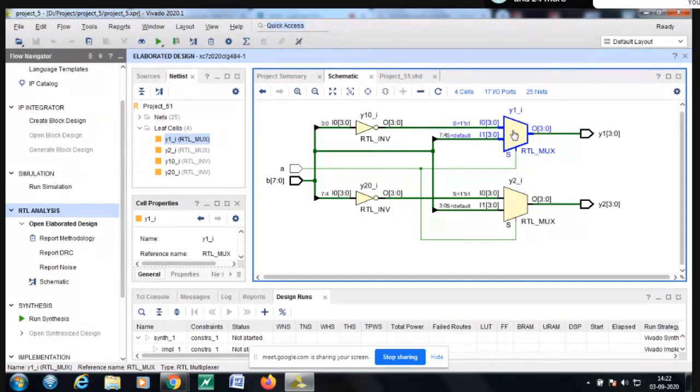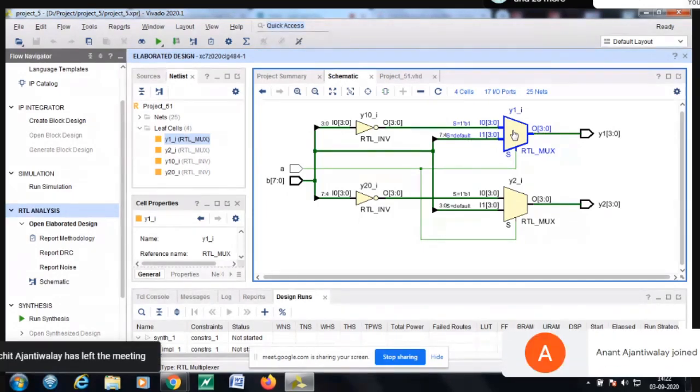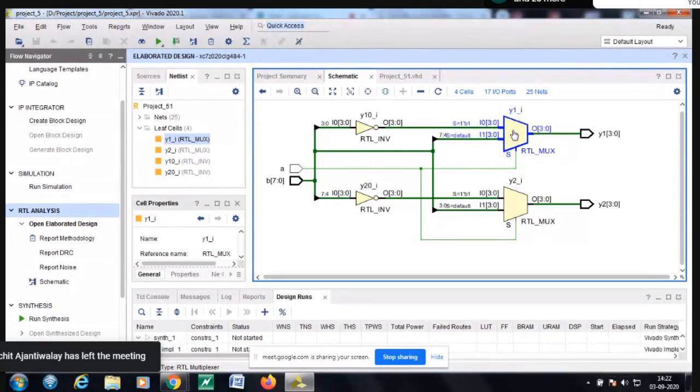So A is acting here as the select line. We did not declare any multiplexer, but all your if conditions will be implemented as a multiplexer in the FPGA from our VHDL. And the case statement also will be implemented as a multiplexer only in the VHDL implementation. So A is acting here as a select line to 2 multiplexers.